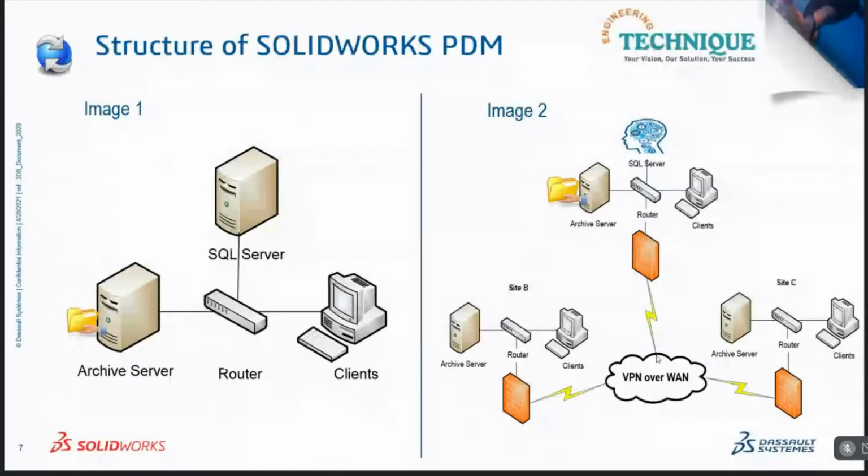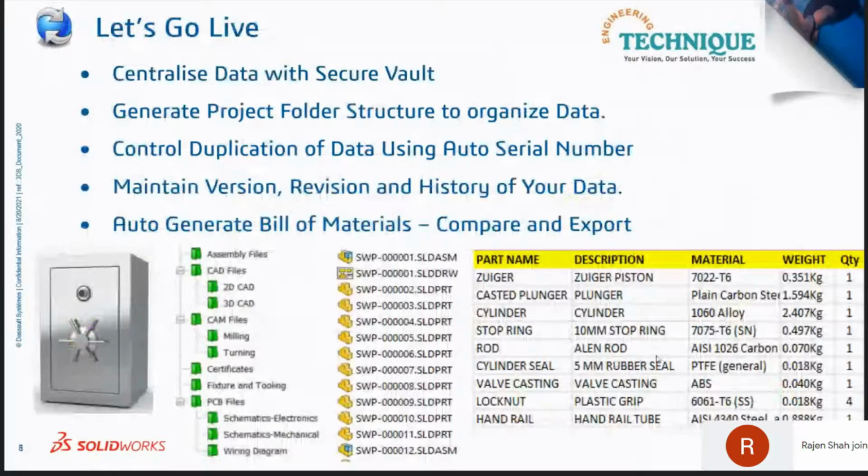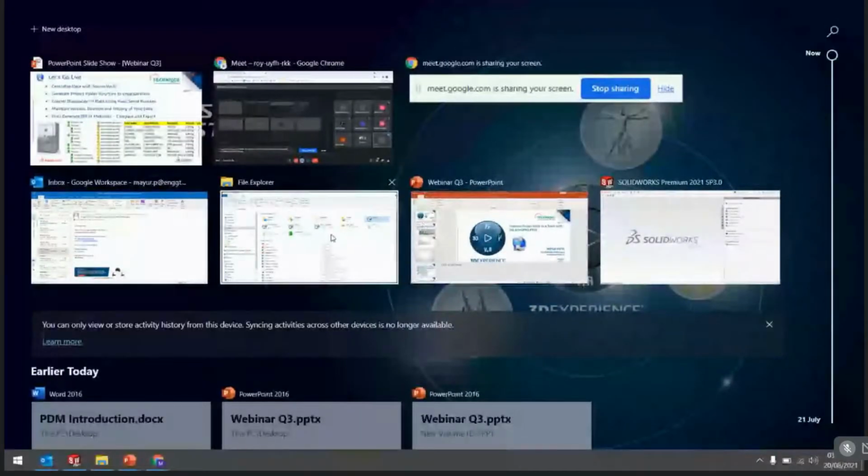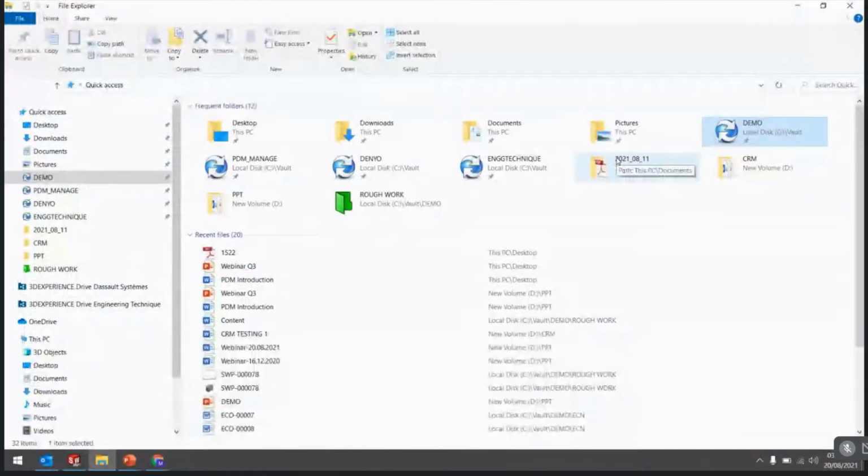Guys, I hope you all understand the basic fundamentals of PDM, right? Now let's go live with the first point, centralized data with a secure vault. Right? Now my PC is a user PC or local PC, right? And the server is available at another location. And I am connected to the server with a local area network LAN connection,